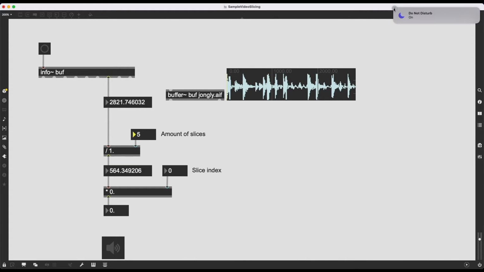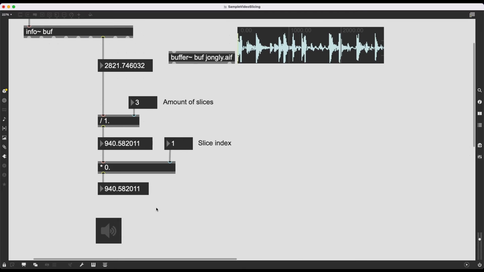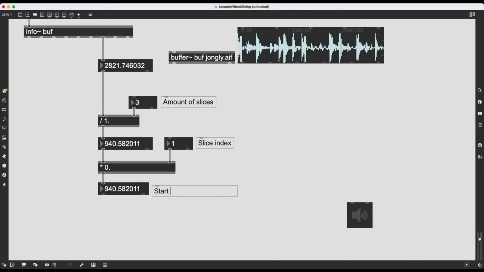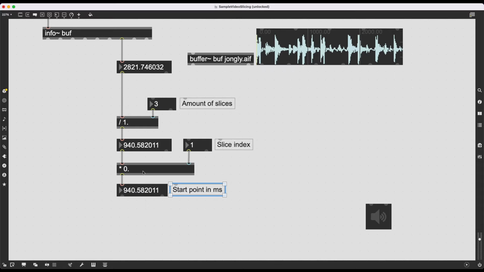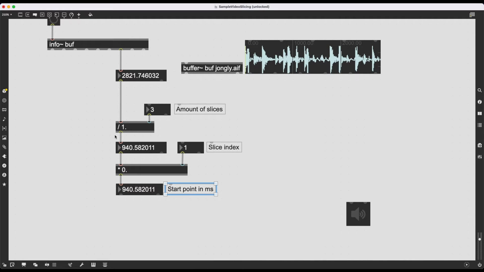So let's say 3, and then slice index 1, so the second slice of the possible 3 slices. And I'm going to get this value, 940.6 something. So this should be my starting point if I'm going to start reading this buffer from a specific slice index. So start point in milliseconds. And finding my endpoint is really easy. I just need to take this and add the length of a slice,